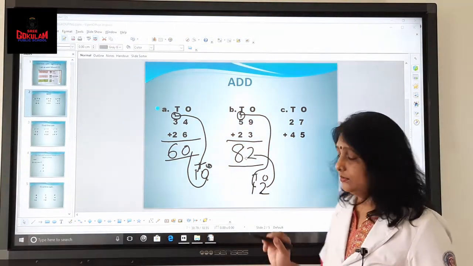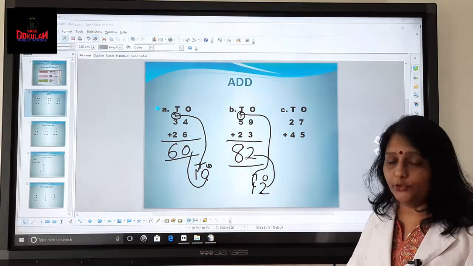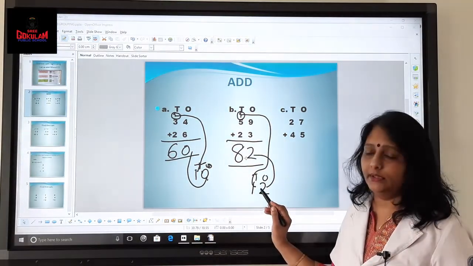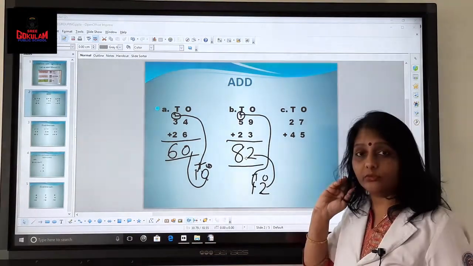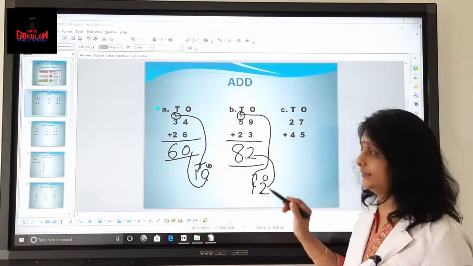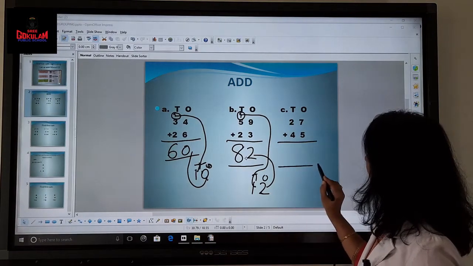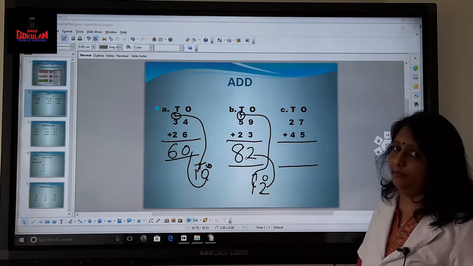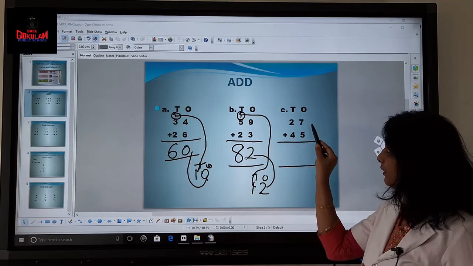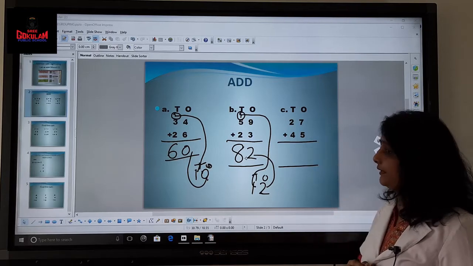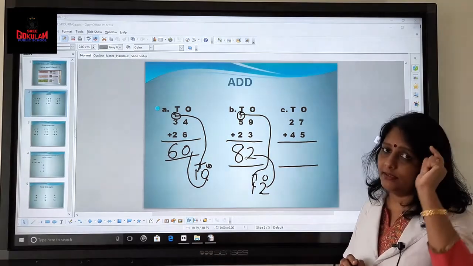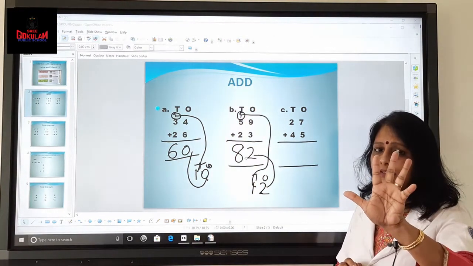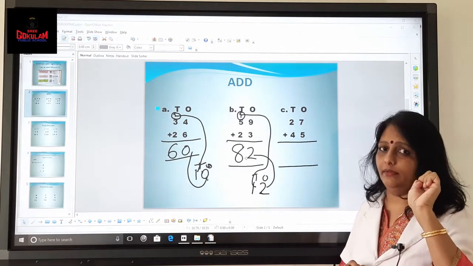Yes? So, without writing like this, you should be able to add. Just 2 examples I have shown writing this. Shall we add in our mind and carry? Yes? Okay. How to add 27 and 45? Always begin from the ones place. What is 7 plus 5? 7 in your mind. After 7? Yes, after 7, 8, 9, 10, 11, 12.